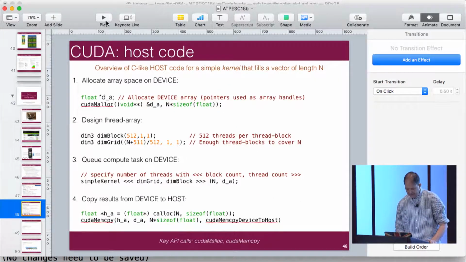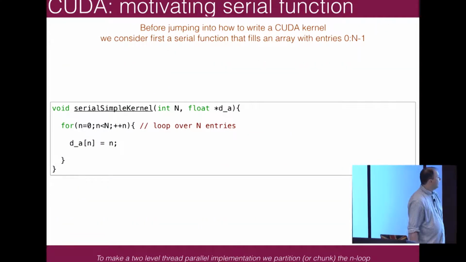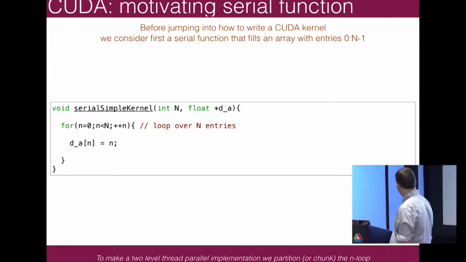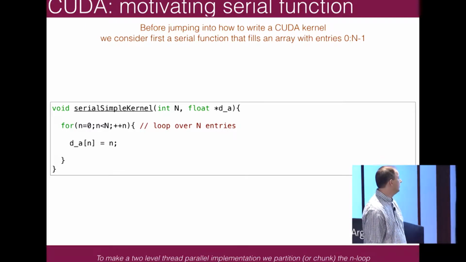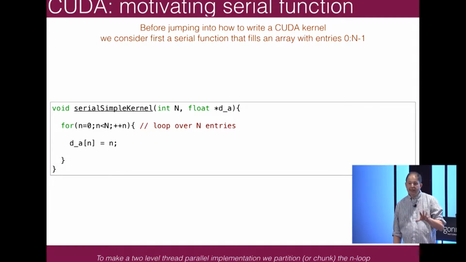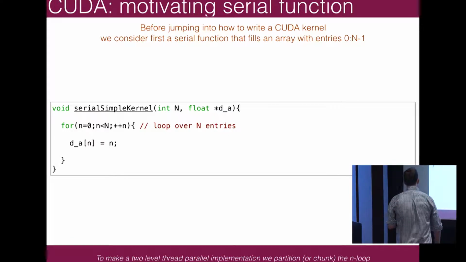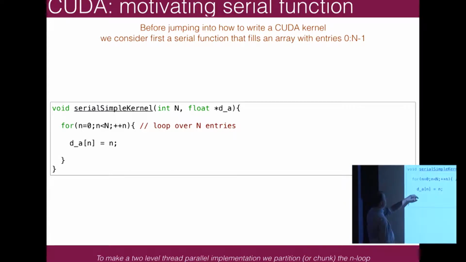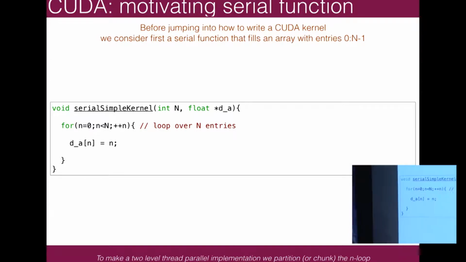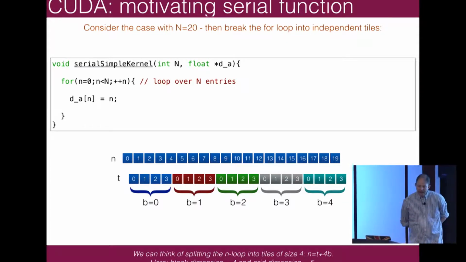So those are the slides here, just a recap of what we just went through with one extra bit. But let's just consider this very simple serial function. In this case, we're just setting the values in an array, and I've called it serial simple kernel. So this is going to be a kernel we're going to mutate into instructions for the GPU. It's very simple, and in fact, I forgot to initialize n. So I'm going to range over n to set values in some array. But this would only work in the serial system. And I have to figure out,